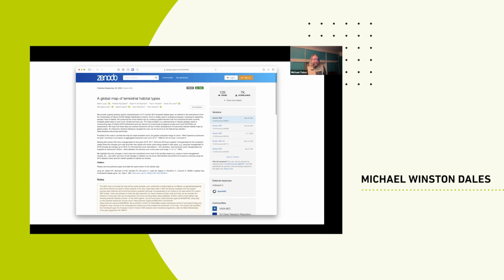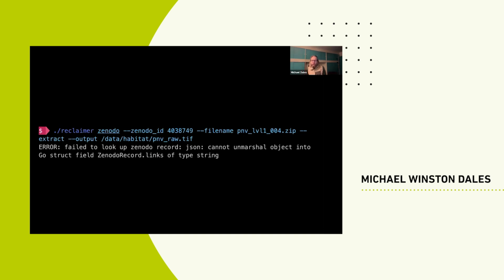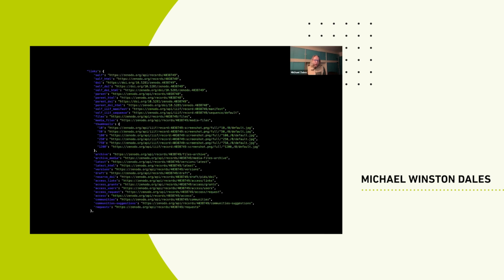But when I was preparing the slides for this talk, it failed. And I was slightly taken aback. I wrote this tool in Go, which is a kind of strongly typed language. And what had happened was just that someone at Zenodo hadn't changed the API, they'd extended it. Again, for the best intentions, they're adding something new, something useful. But because this dictionary of formerly just strings is now of a mixed type, my Go program didn't know about the fact that it was strings or dictionaries